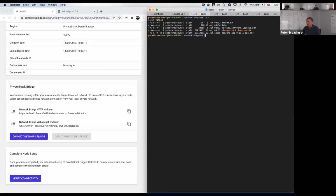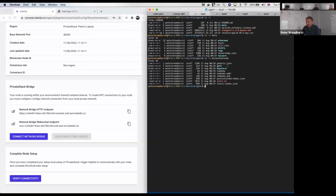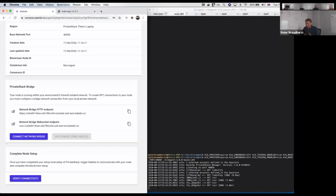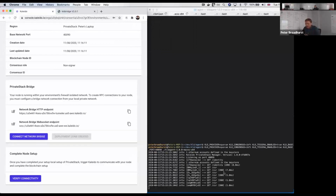and we'll see that I've now got a data structure inside of here, and inside of data, I've got a directory, and it's got some keys inside of here. For example, it's got the node key that's been generated for me, but it doesn't yet have a Genesis configuration, and that's because the Genesis configuration needs to come from the cloud and the rest of the network down to me. So this one simple button, verify connectivity, I click that here, and what we'll see is that Kaleido talks down through that bidirectional network connectivity down to my local